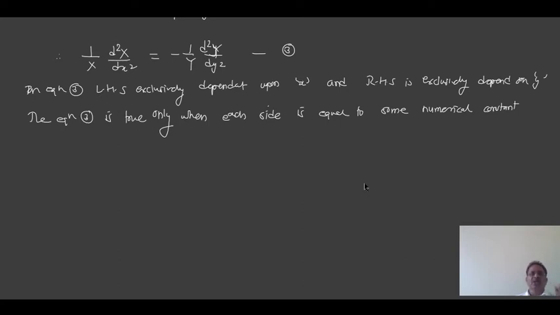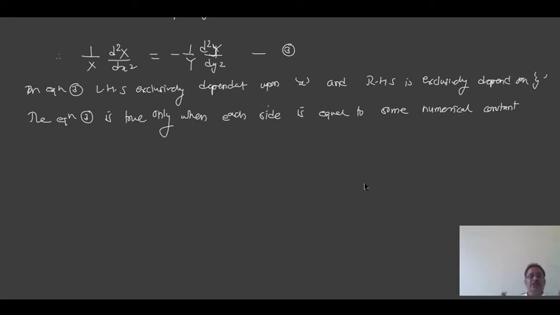That is not possible, because here the left hand side is completely dependent upon small x, while the right hand side is completely dependent upon small y, and there is no relation between x and y. These are independent. Therefore both the left hand side and the right hand side are independently equal to some numerical constant. Then and only then this equation will be true. If this is not equal to some numerical constant, then the left hand side will give you a different thing, the right hand side will give you a different thing, and we will never be able to write an equality symbol between the left hand side and the right hand side.